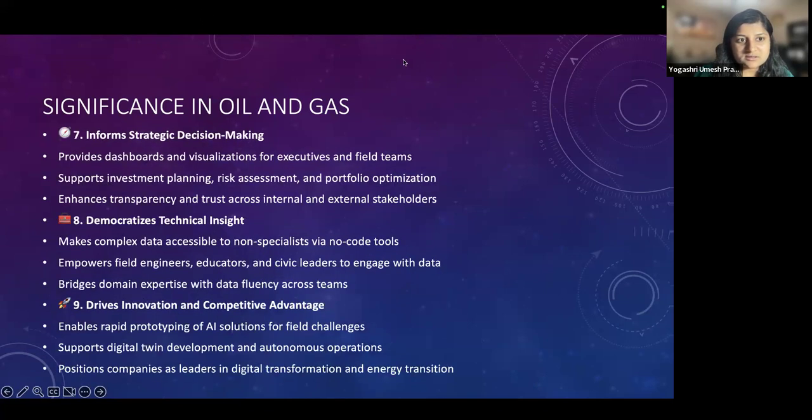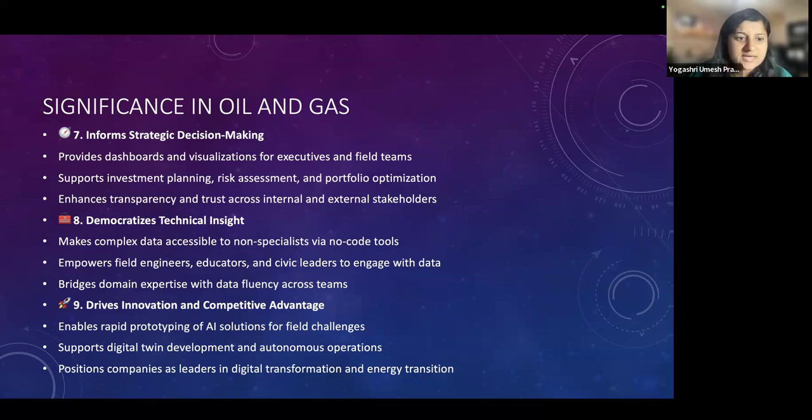And then you have informed strategic decision making, democratized technical insight, and driving innovation with competitive advantage. For strategic decision making: dashboards and visualizations, investment planning, risk assessment, portfolio optimization, and transparency and trust across internal and external stakeholders.